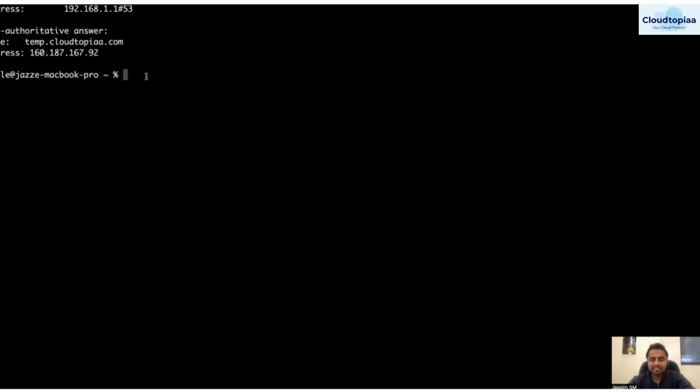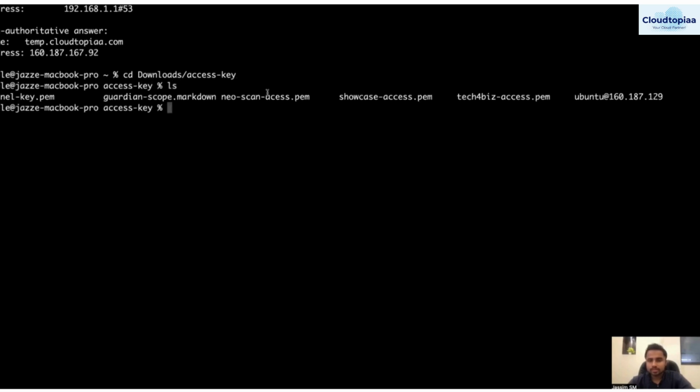Now we will access via an SSH client. I am locating the access key, where it is present. It is in my downloads. Access key. Yeah, I'm here. If you can see, the access key is known as the tech for access .pem. So ssh -i with the key, ubuntu at